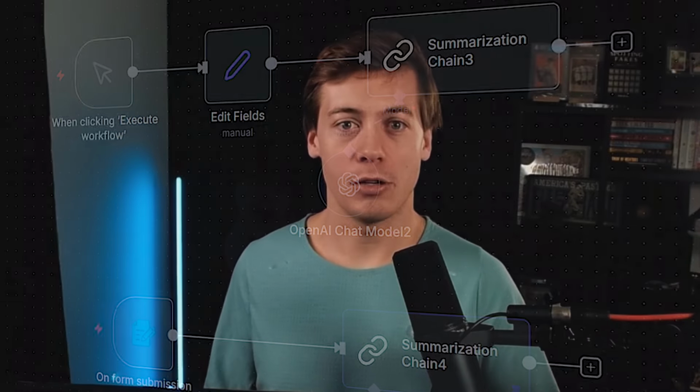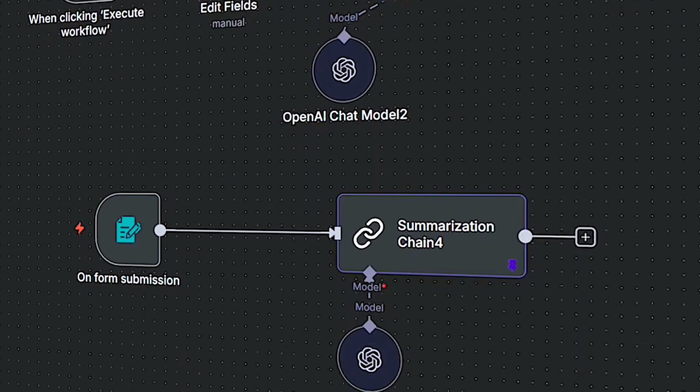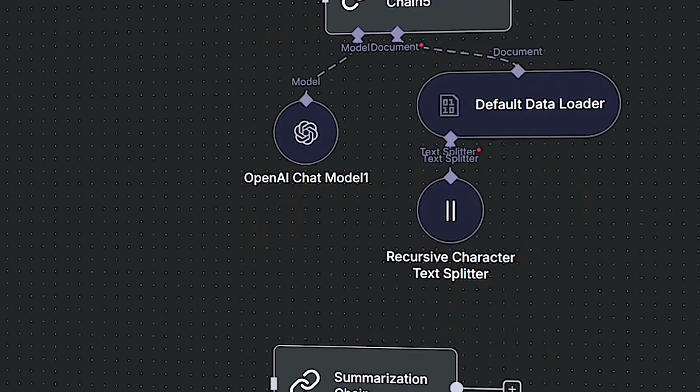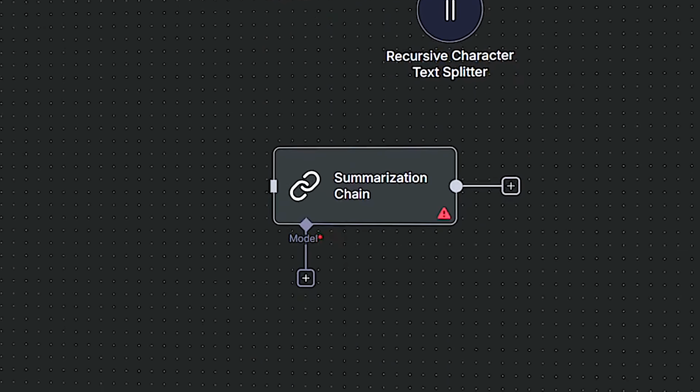Well, in today's video, what we're going to be doing is walking through 6 different examples in n8n, showing you exactly how the summarization methods work, which settings matter, and when to specifically use them. And at the very end of this lesson, you'll be able to plug this in directly into your advanced AI